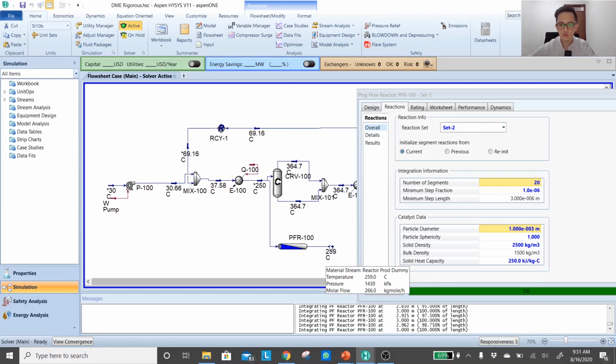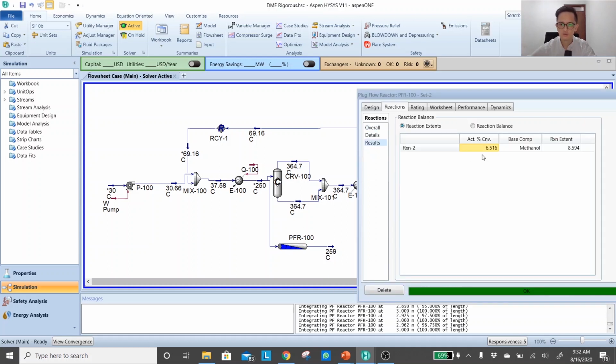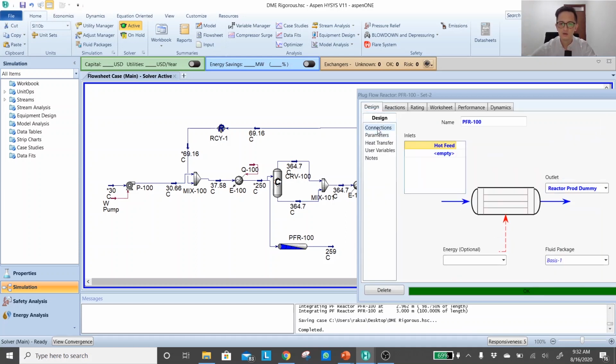It's too low. That means the conversion will be quite low. You can confirm that by going to the reaction and then results. You see that your actual conversion is still 6.5% instead of 82%. So that means our guess is still quite far from the actual required dimension of the reactor.